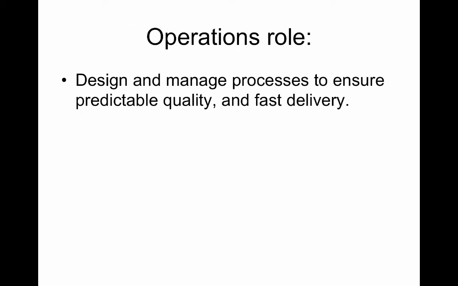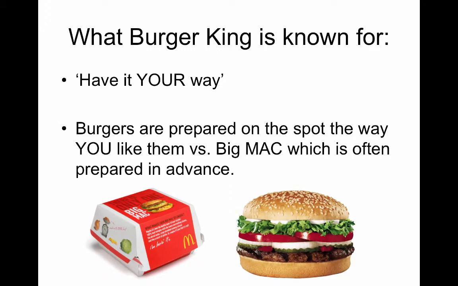Operations' role is to design and manage the process to ensure that we get predictable quality and fast delivery. Now, if we look at 2 different companies, the first is McDonald's and the second is Burger King. For years, in fact decades, Burger King was positioned as "have it your way." That was their slogan. And they were competing directly with McDonald's. And McDonald's would, in effect, say